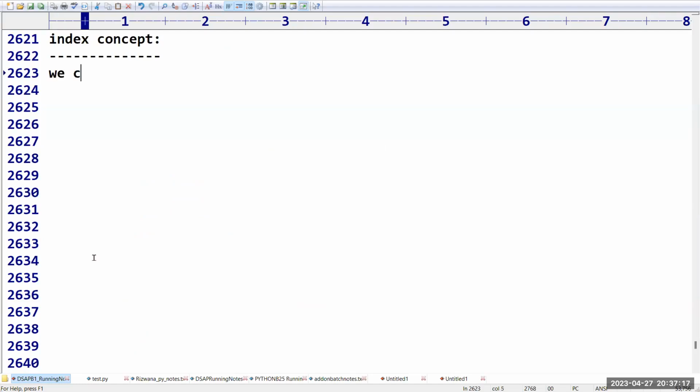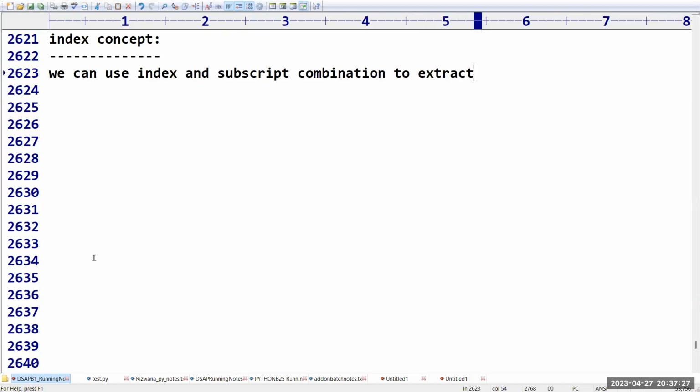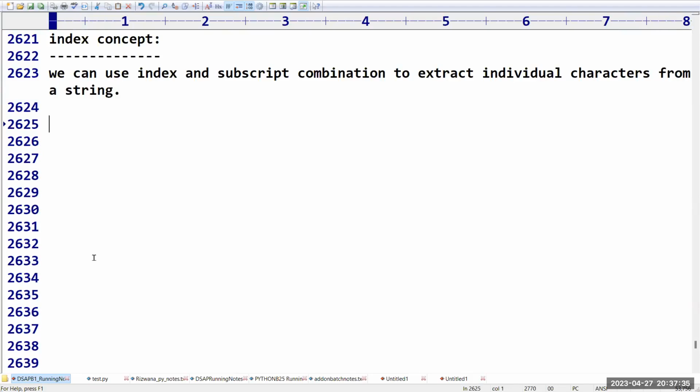Sir, we can use index and subscript combination to extract individual characters from a string. If you want to extract individual characters, then we can use which concept? Index concept. The syntax used for this is: string object, and within these brackets, called subscripts,